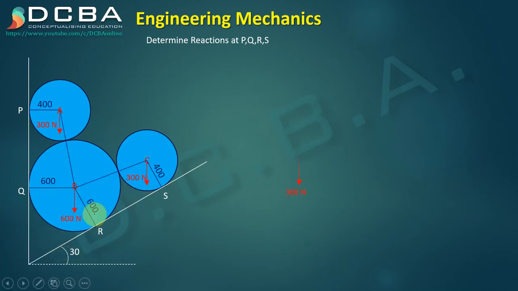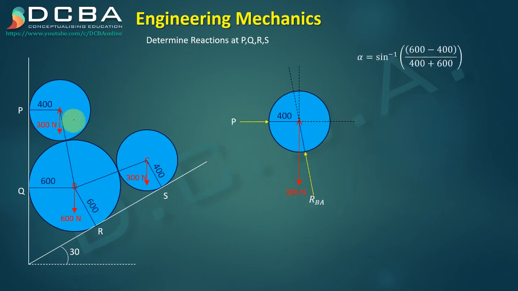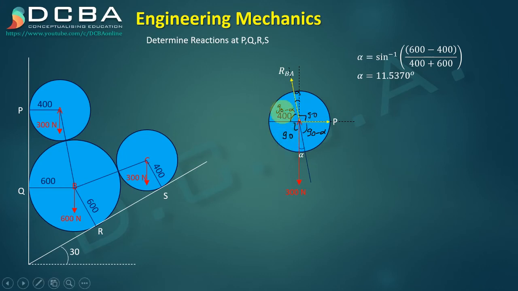So let us start. We now know how to find the angles. This angle I am calling alpha. So alpha is 11.5370. For Lami's theorem, I took the RB on the upper end, the tail of all the forces I brought together. So this is alpha, this is 90 minus alpha, this is 90 minus alpha, this is 90, and this is 90. So we get all the angles here.